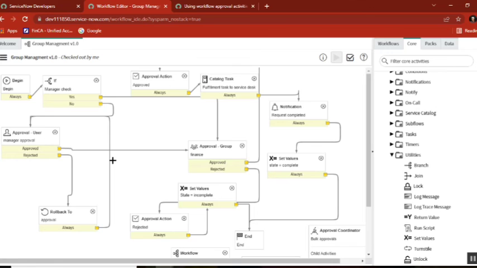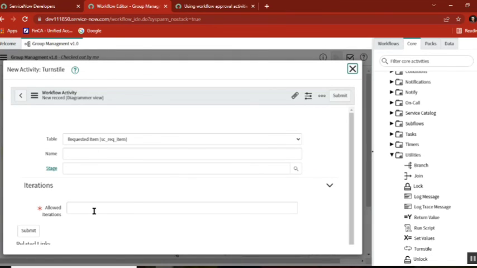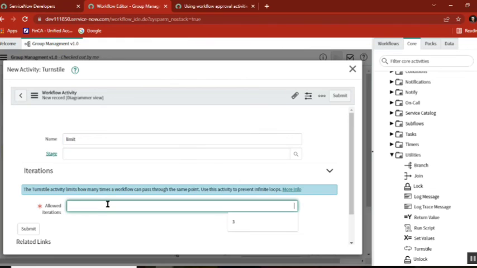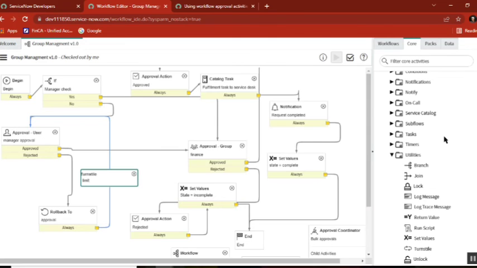It's like you are searching something in a space. Simple thing is you have one activity called this one. You get this one here and then this Turnstile, it will allow you to define the limit number. How many interactions? 3 interactions, right? When you are creating a loop based action,